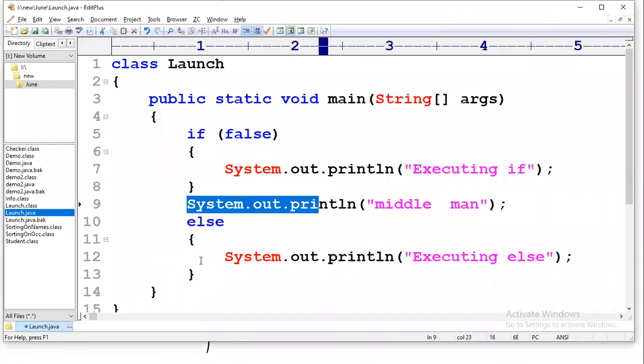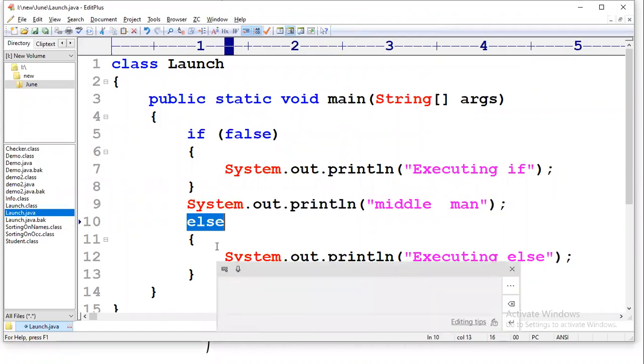That is why this else is not able to connect to the if. That is what is happening here. I hope you are understanding. For else to connect to the if, immediately above it there should be one if. I hope you have understood this. You have understood what is possible and what is not possible. In the next class, we'll be seeing what is else if and all.